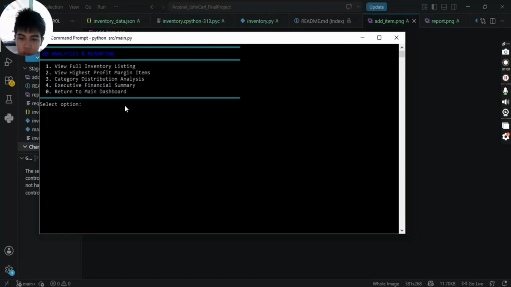Because an enterprise database can be massive, I implemented a robust mathematical pagination algorithm that slices the data sets into manageable console pages, navigating using next and previous commands.